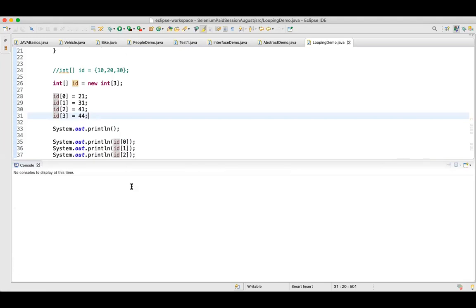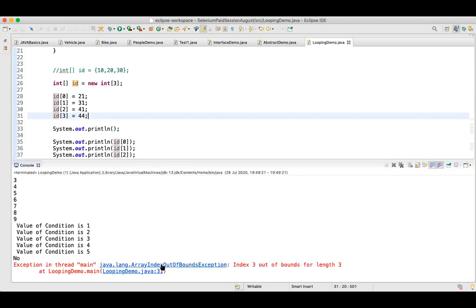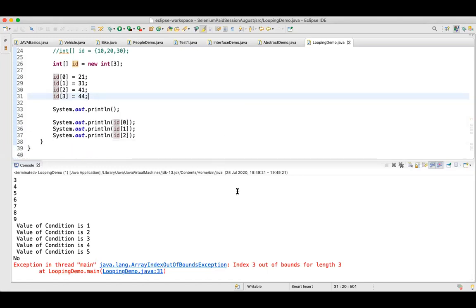Now when I run this, I am getting this error: index out of bound exception, because there is no element defined at the 4th position. You cannot define it because there is a limit for your ID. So your variable has some limit. So this will not work and this will throw an error.